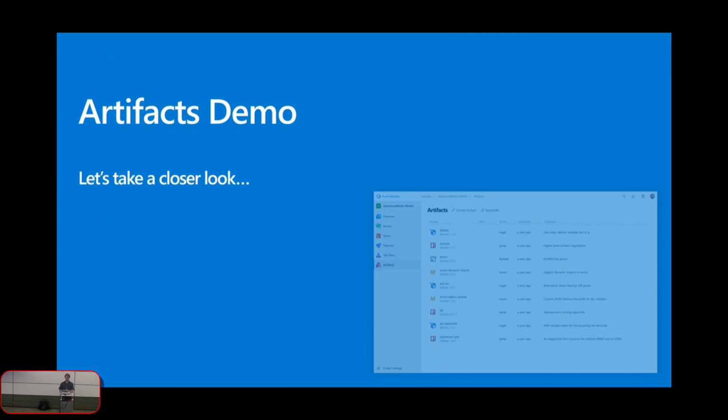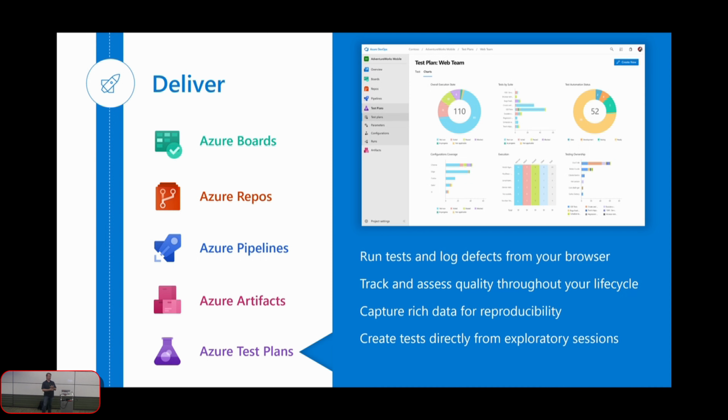Finally, Azure Test Plans. This is one area of Azure DevOps that for a while saw a little love and then hasn't seen love in a long time. Test Plans is essentially a way of organizing all of your test plans, test suites, test cases, and all of that stuff. Those are all tracked via work items, those cards, like you would see in the Kanban boards and things like that.